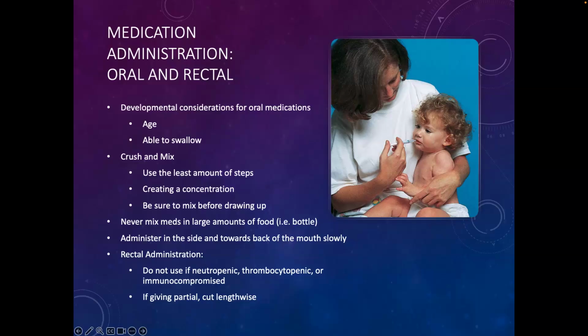You have to take into consideration their developmental stage and developmental ability to cooperate with any type of medication administration. So look at all of those factors, as well as if they can swallow. We do have children, obviously, who have some cognitive impairment or some neurological deficits and may not be able to swallow effectively. When we are giving medication, as you can see from this picture, usually a child who's just under 2 years old,